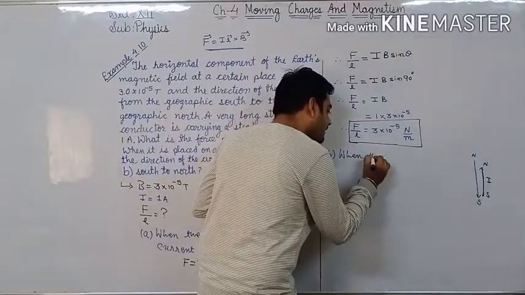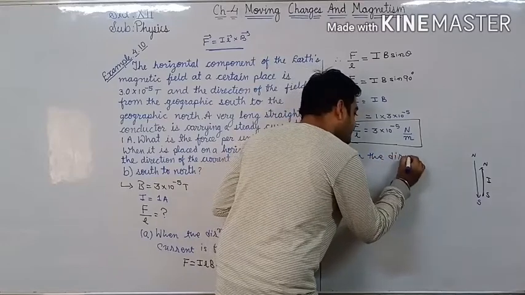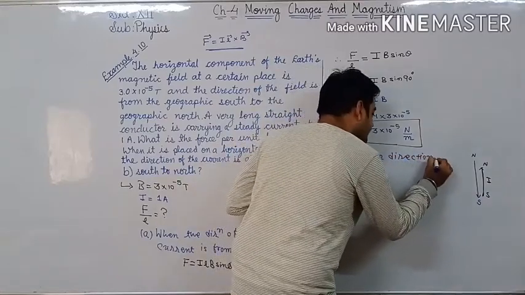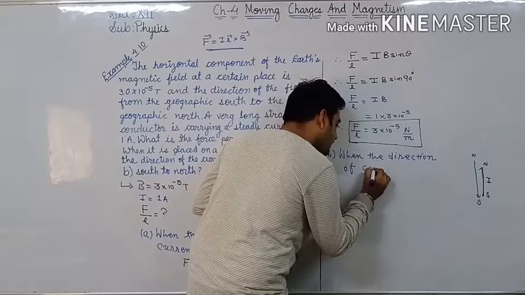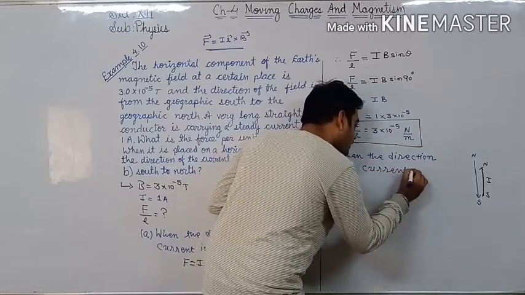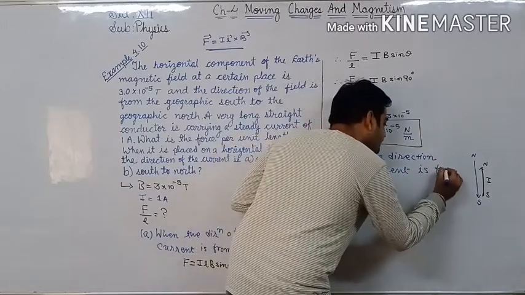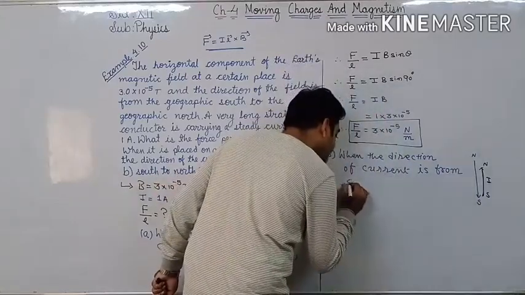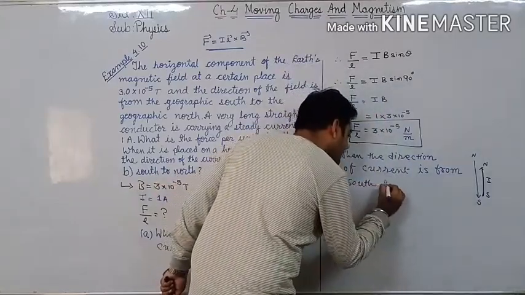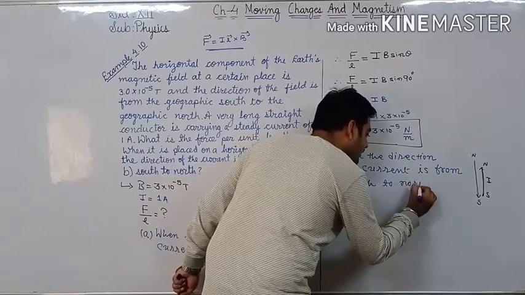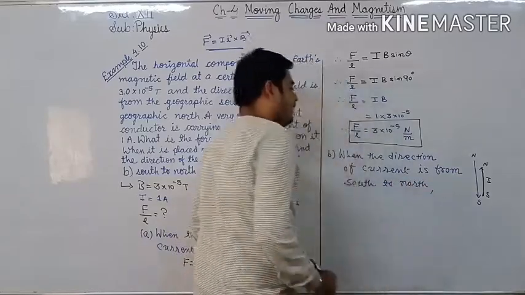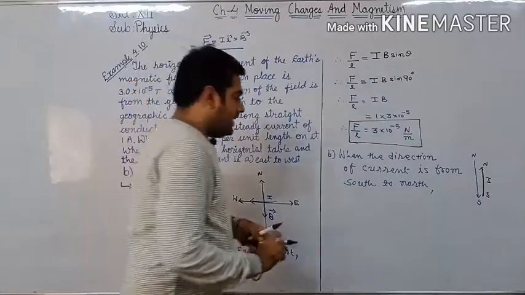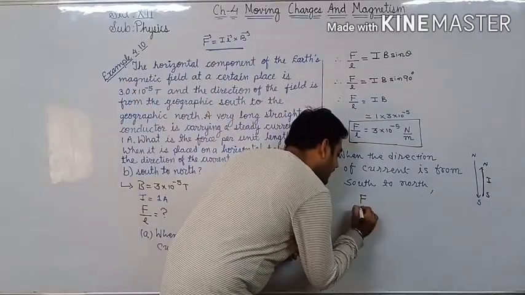When the direction of current is from south to north, at the time force per unit length